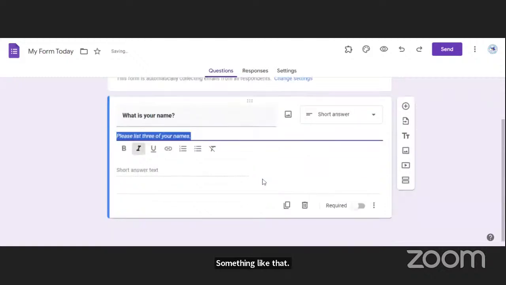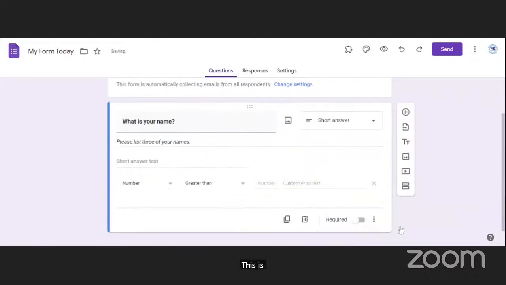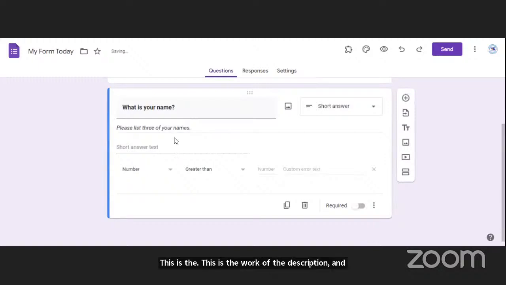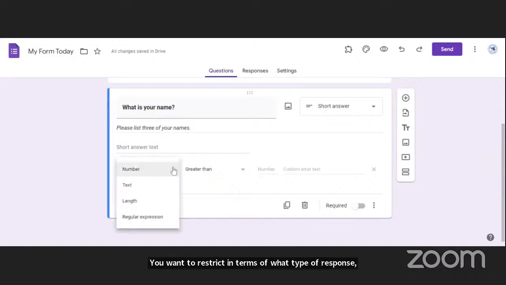This is the work of the description. And then the response validation is when you want to restrict what type of response you get, so that you don't get invalid responses. Let's say if you want the answer to be a number, if you want the answer to be text, if you want the answer to be a certain length, or if you want the answer to be a regular